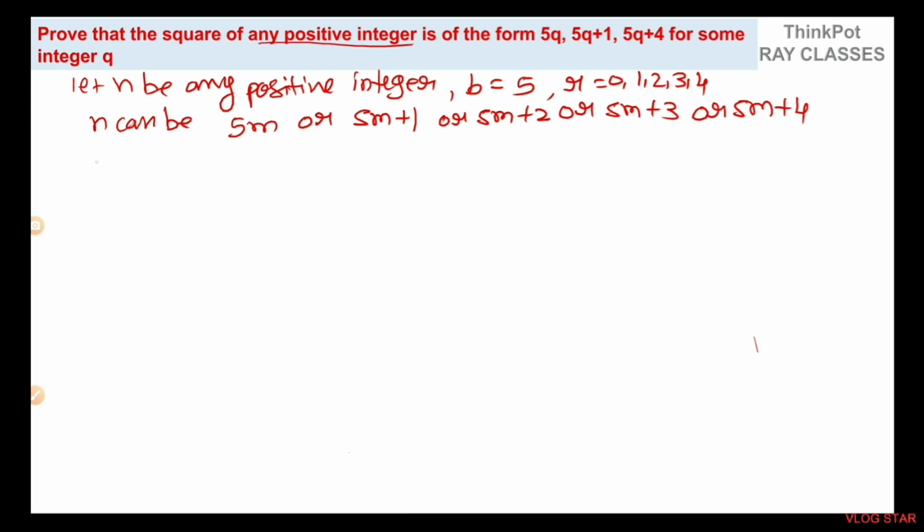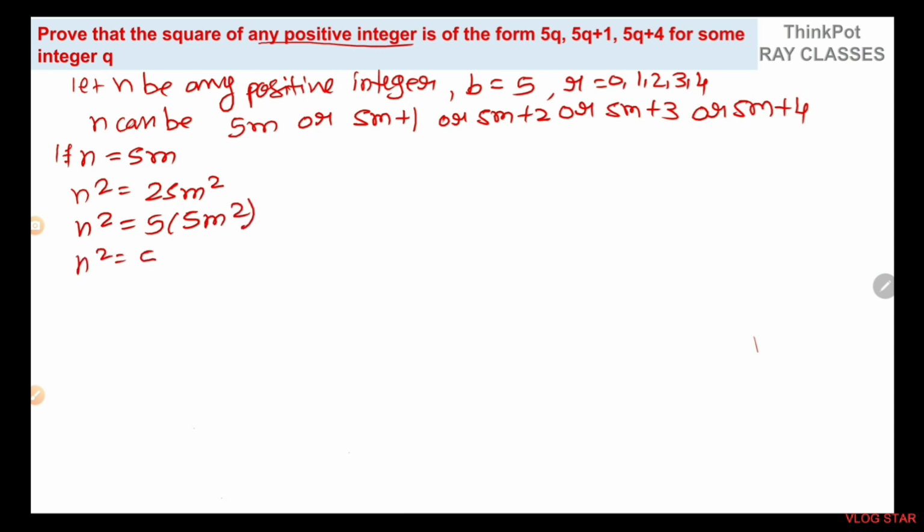Let's take the first example, where n is equal to 5m. If n is equal to 5m, then n square is equal to 25m square, and we can take 5 outside, so we have 5 times 5m square, where n square is equal to 5q, where q is equal to 5m square. So you can see here, this is your point number 1. It represents that the square of any positive integer is given in the form of 5q. Now second,